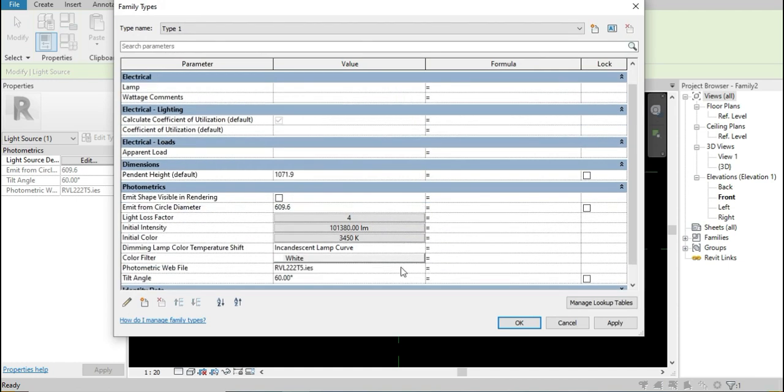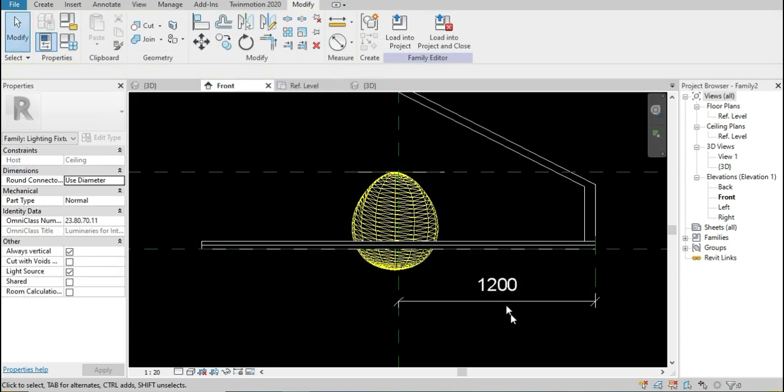If you change the tilt angle, the lighting source direction will change.